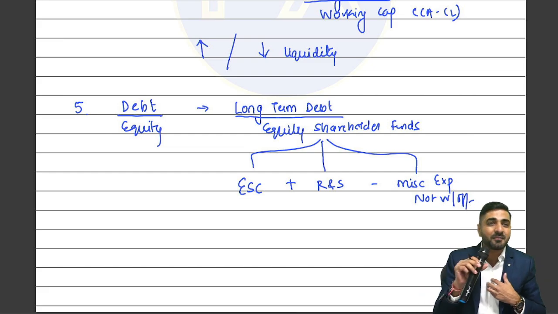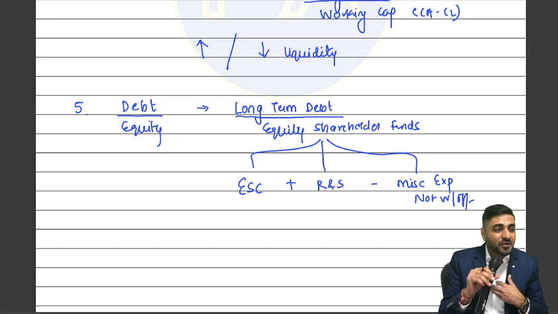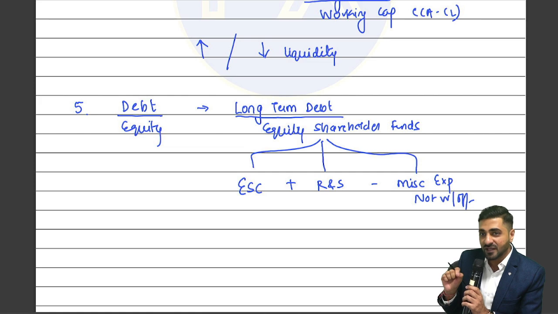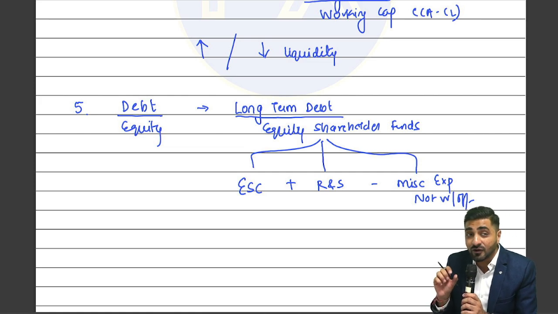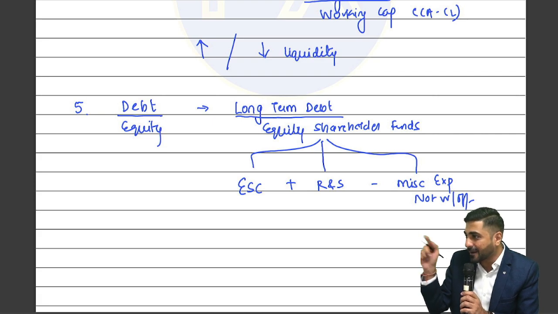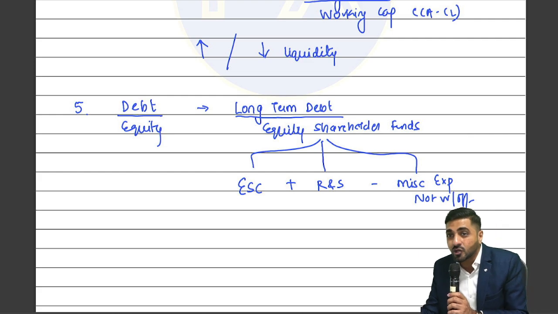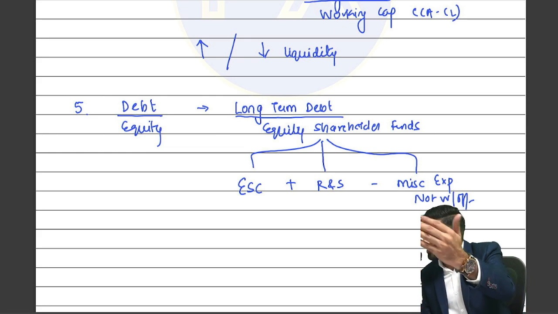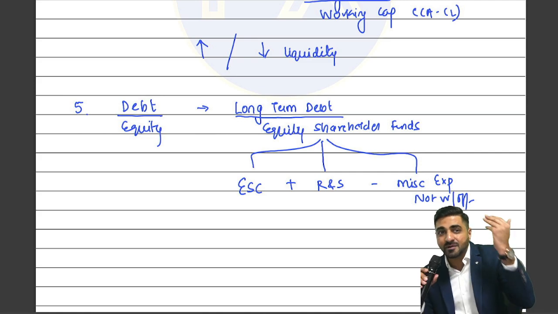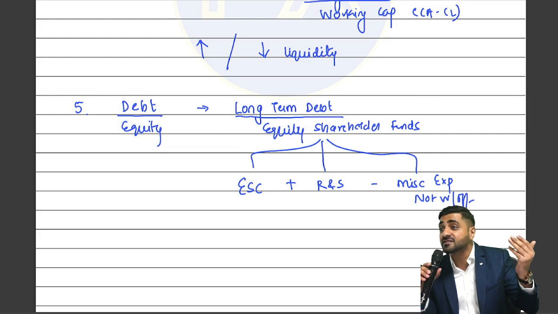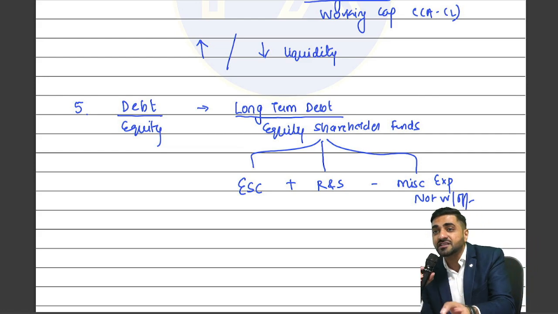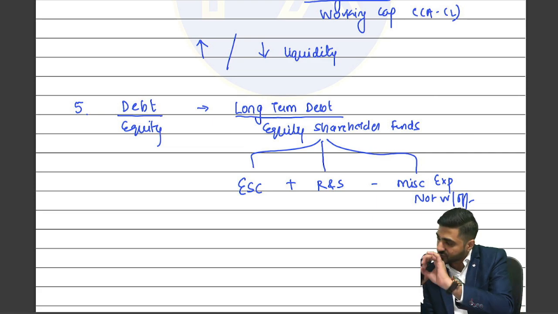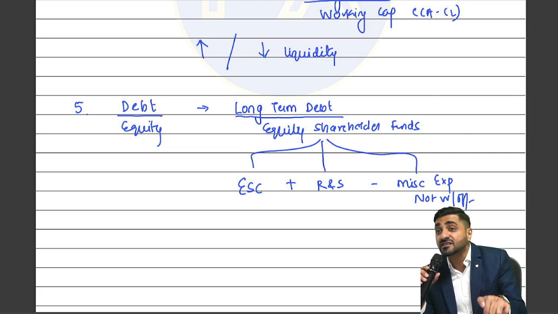Yes, sir. So always remember that when we are buying equity shares of the company, you have to think that you are going to be the owner of this particular company. So when you are going to be the owner, you are going to check the equity share capital. Also, you are going to check the accumulated profits. And also you are going to check whether there is certain miscellaneous expenditure which will be written off, which needs to be subtracted. Okay. Give me the examples of reserves and surplus which will be forming part of equity shareholders' funds. General reserve, P&L account, securities premium account, even capital reserve will be forming part of it. Okay. So any reserves which you check, will it be forming part of your equity shareholders' funds? Come on, yes or no?